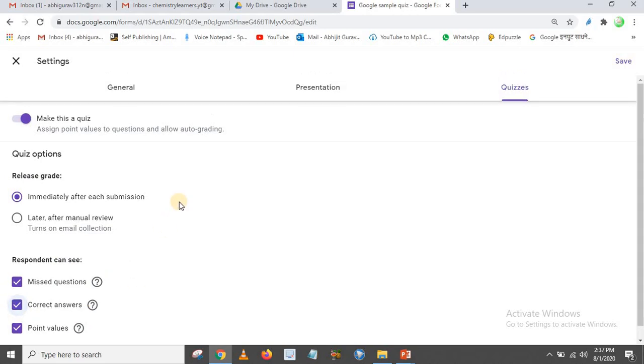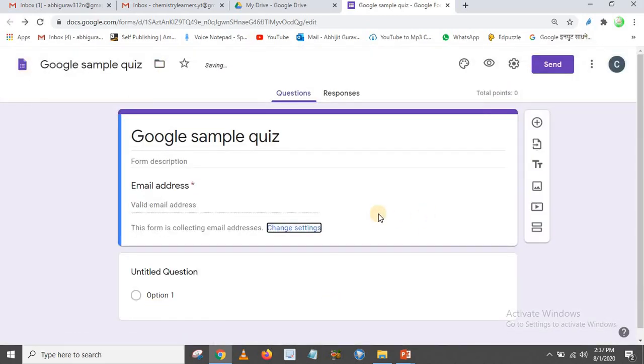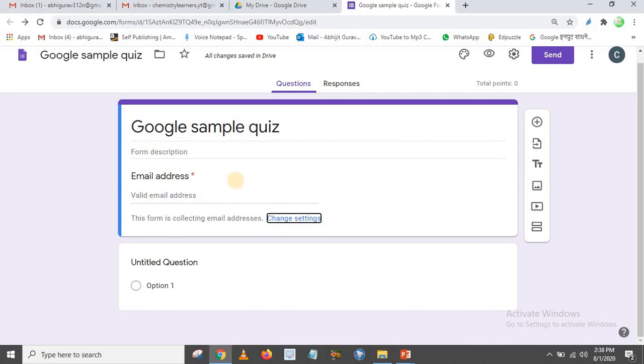So according to this, these are the different changes that we have made in this form. So you have to click save. After saving, you will be directed again to the Google quiz now, because we already set this as a quiz. And one thing you need to remember, as you have clicked on always collect email addresses, then by default it will appear here as an email address.